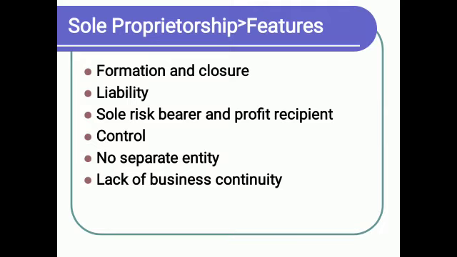The second characteristic is liability. Sole proprietors have unlimited liability. This implies that the owner is personally responsible for payment of debts in case the assets of business are not sufficient to meet all debts. As such, the owner's personal possessions such as his or her personal car or other assets could be sold for